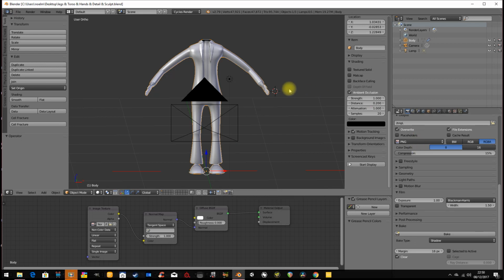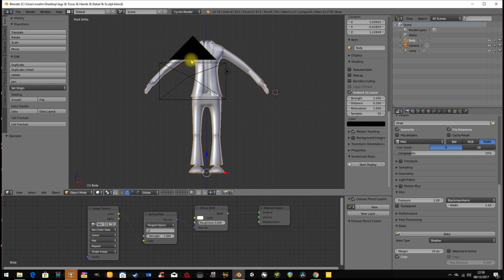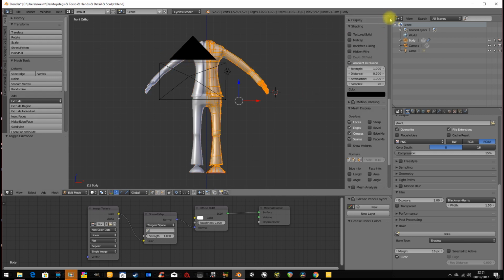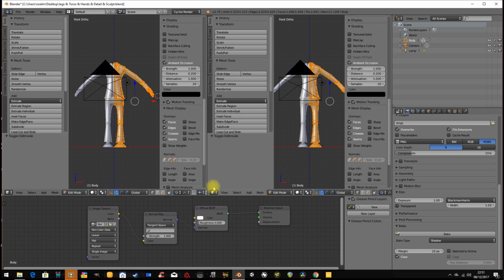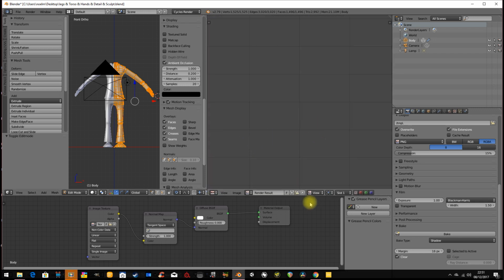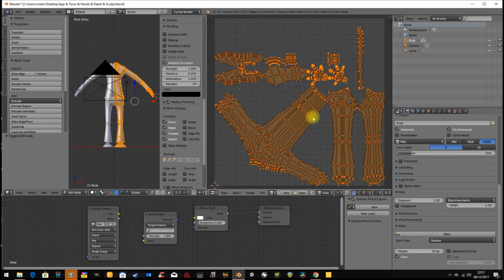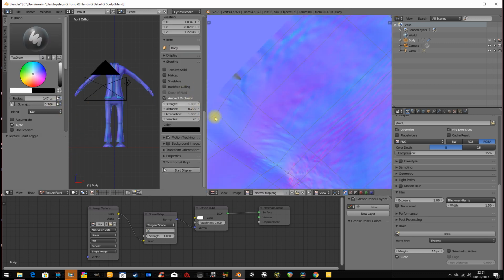Okay, so in this tutorial we're going to work on how our character looks. So we're going to go into our UV image editor here, and we are going to take this here, so kind of know what these different bits are. And we're going to make a diffuse map. Now we could do this a couple of different ways. We could do some texture painting, and